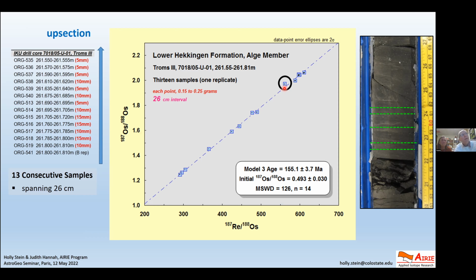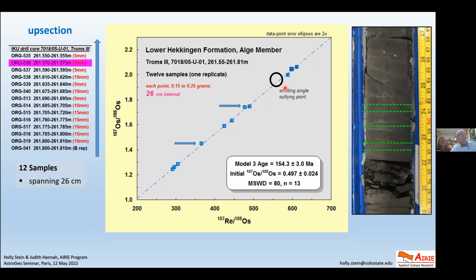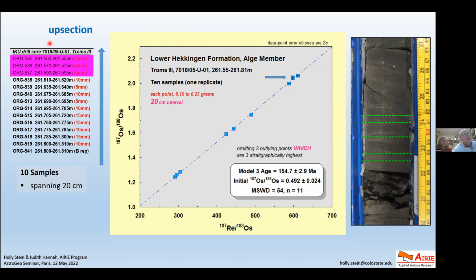You go back to the data table, it's that point here. So if we take that off, and you can't just take off points because you don't like where they are. You have to be very thoughtful about this. If we also then notice that these points kind of straddle the isochron, what two samples are those? Now remember, it's these two.